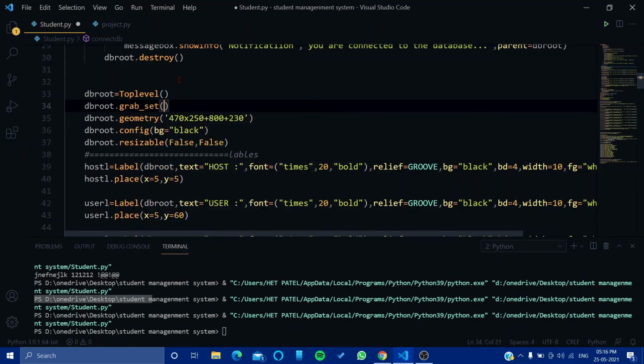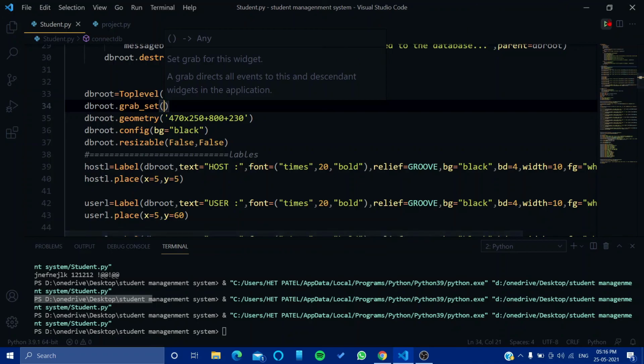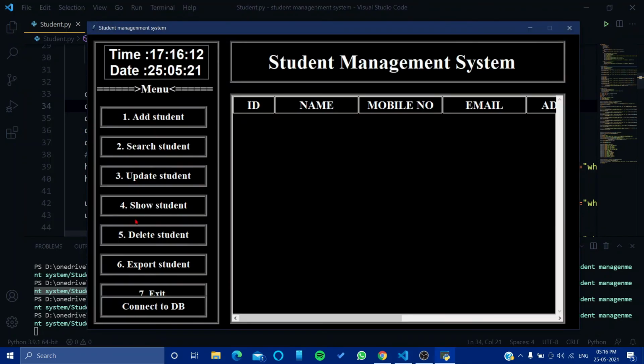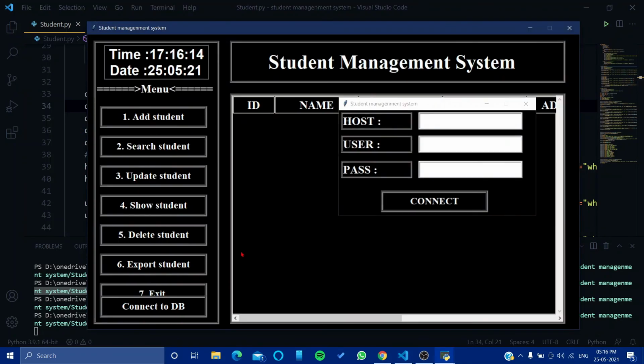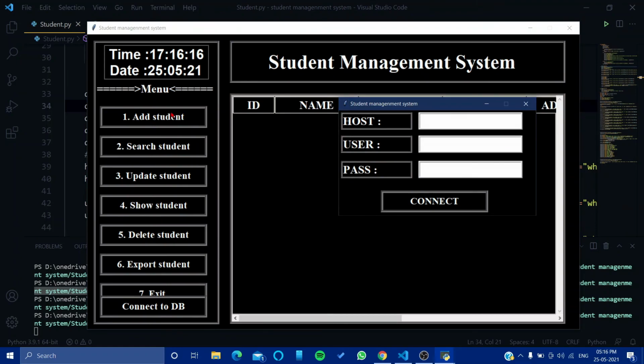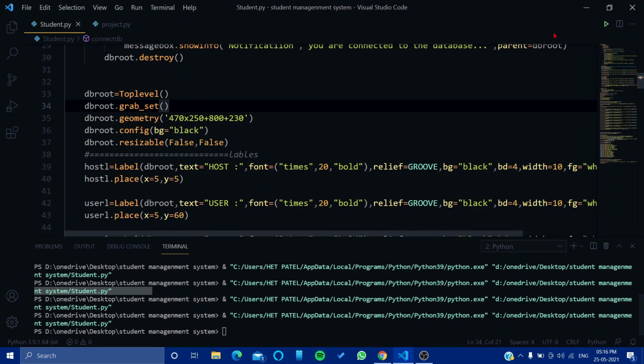Then we will run. Now when I open this, I can't use any button from here. I can just work on this small window. I cannot close the other one either. After I close this, then only I can work on the other window.